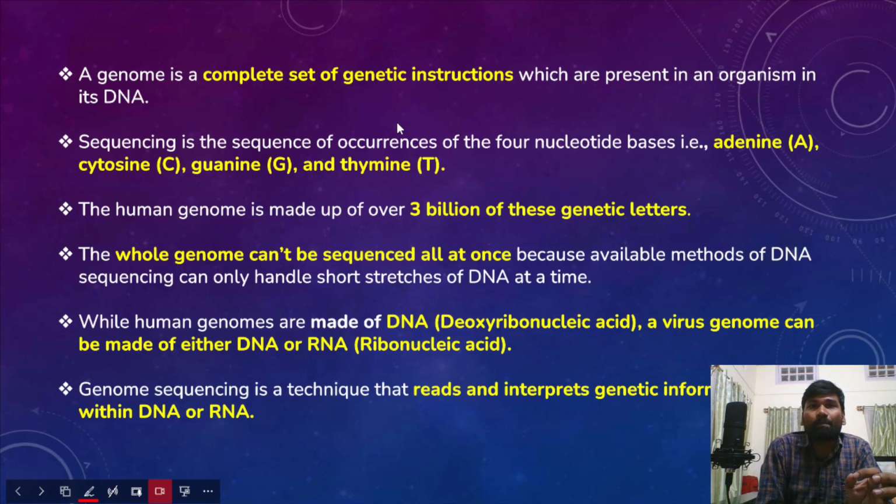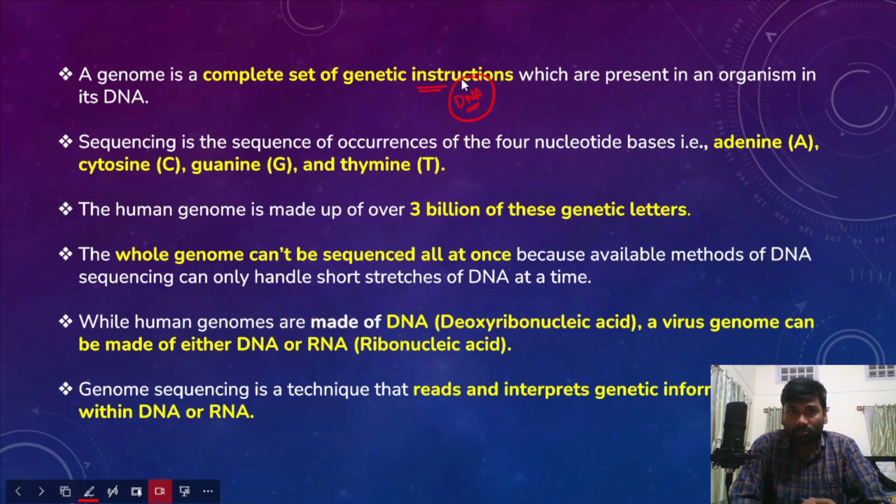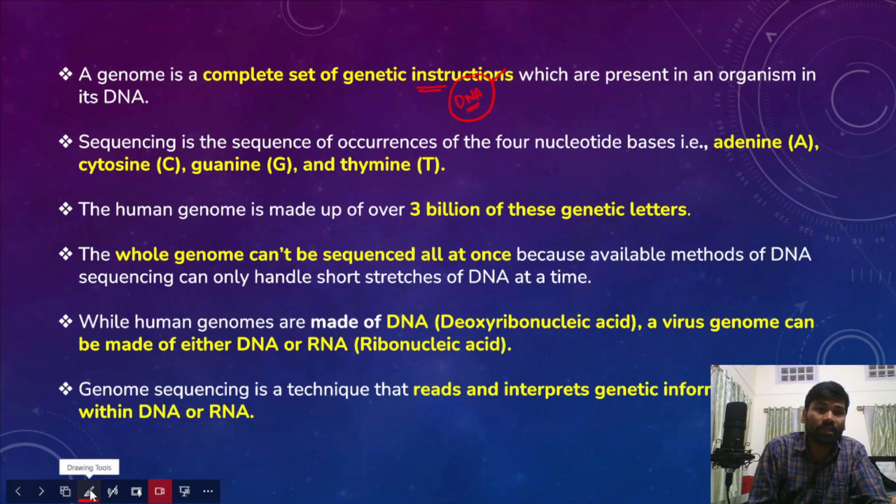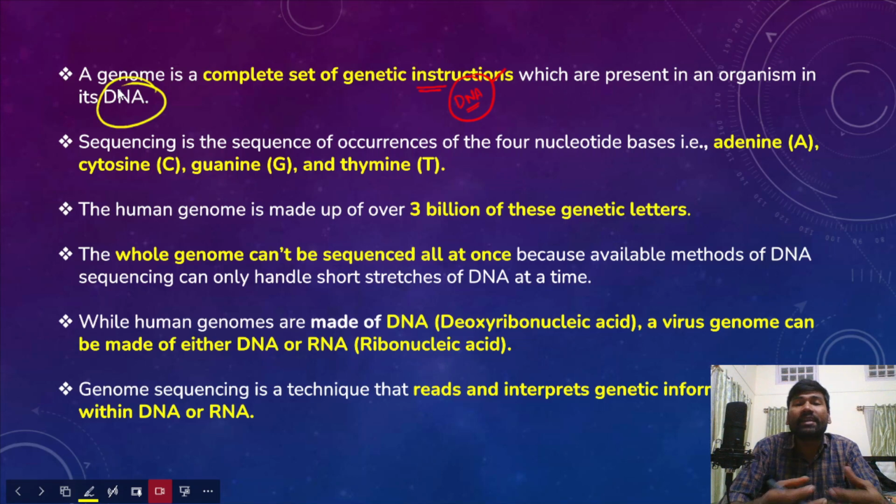So genome is a complete set of genetic instructions present in an organism. For example, human beings have DNA as a genome, right? So these are the genetic instructions present in an organism's DNA, and that is considered the genome. In the genome sequencing process, the sequence of occurrences, for example,